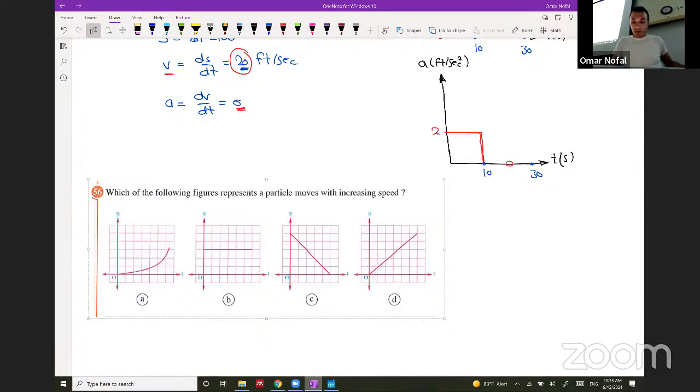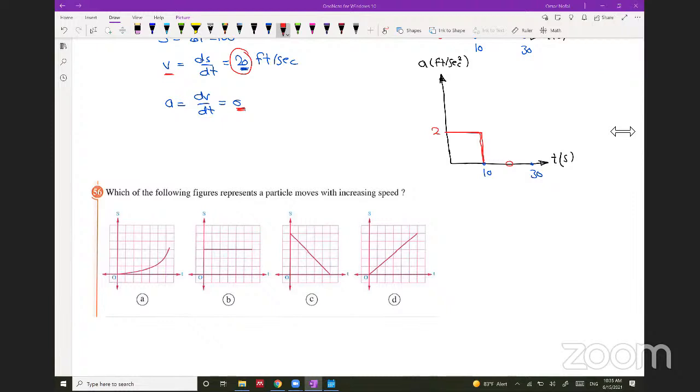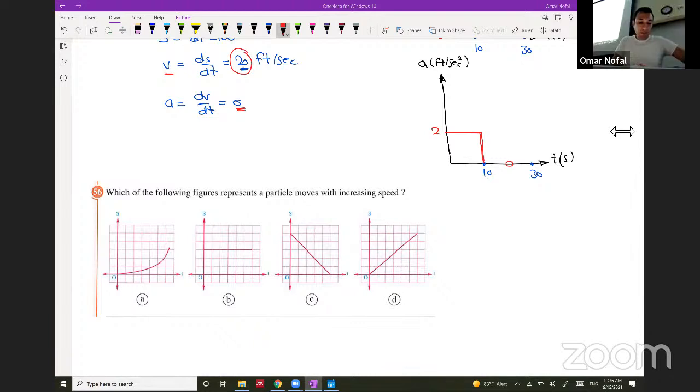So this was the question of the lecture exercise from yesterday, and you were asked which one of the following figures represents a particle moving with increasing speed. If you know the answer of this question, you can raise your hand. Does anybody know the answer of this question? Wouldn't it be A because it's nonlinear? Yeah, exactly. So the right answer is A, because for the B, if this is an S with respect to